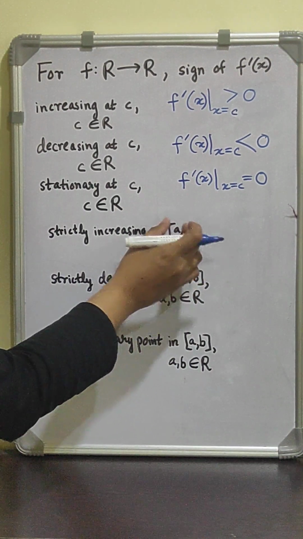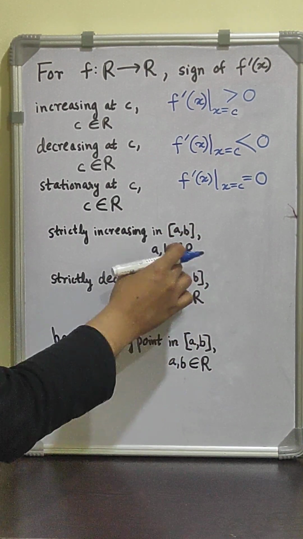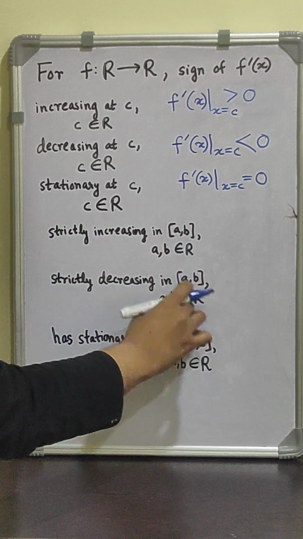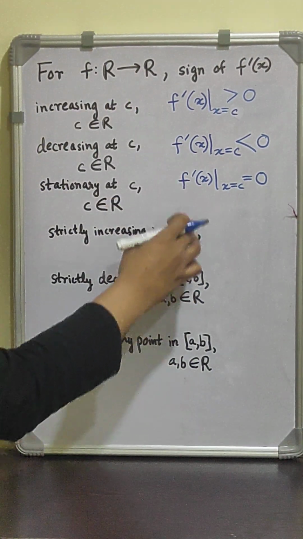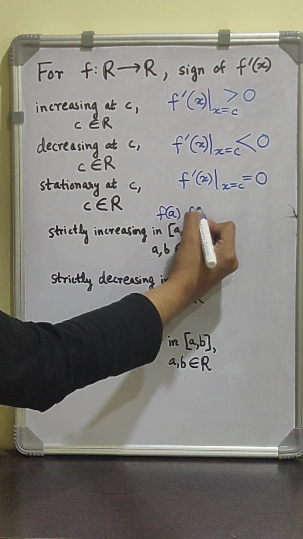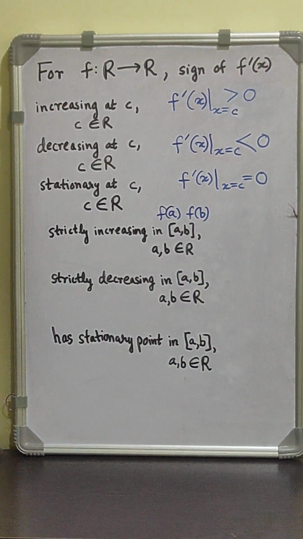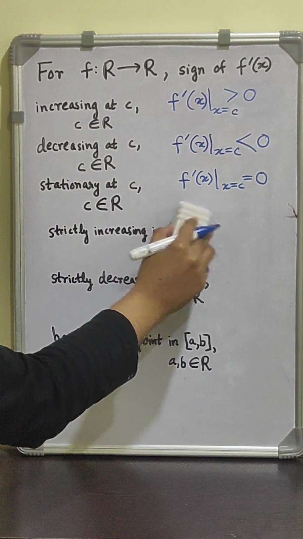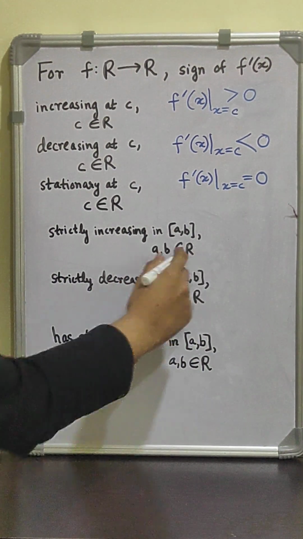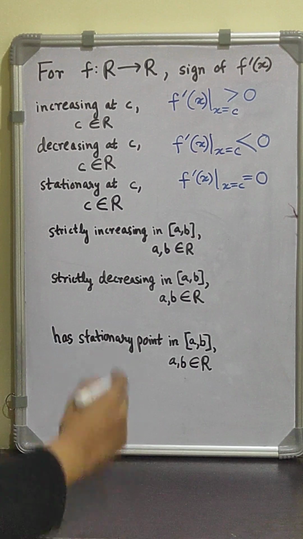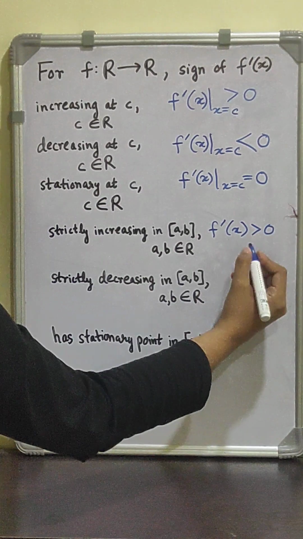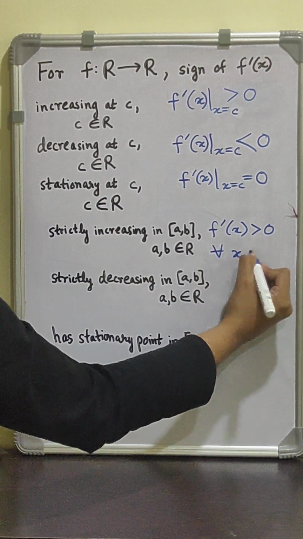What if I have a range, an interval for f of x, where both boundaries a and b belong to the real numbers, and f is defined everywhere, so f of a and f of b are obviously defined. Hence I'm now interested in looking at the signs of f prime x in this interval. So we're going to say that if f prime of x is greater than 0 for all x belonging to this interval,